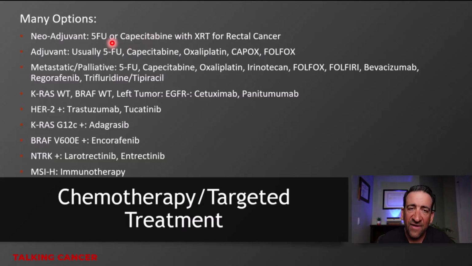Now, the main side effect of 5-FU is nausea. It can give you mucositis, the little lesions in your mouth, which is not that common, but it can happen. It can also give you diarrhea, upset stomach, many other potential symptoms, but just know that these are the most common. Capecitabine being oral 5-FU, it has the same ones that we already mentioned, but it also has a unique side